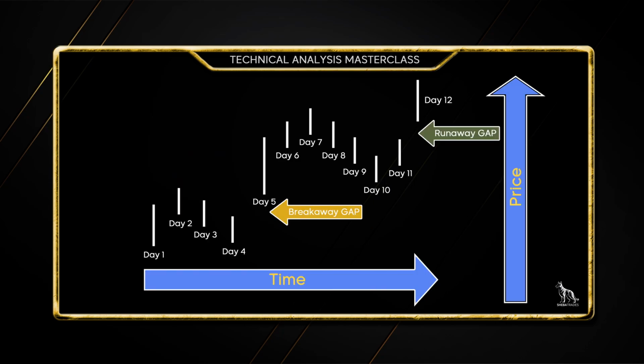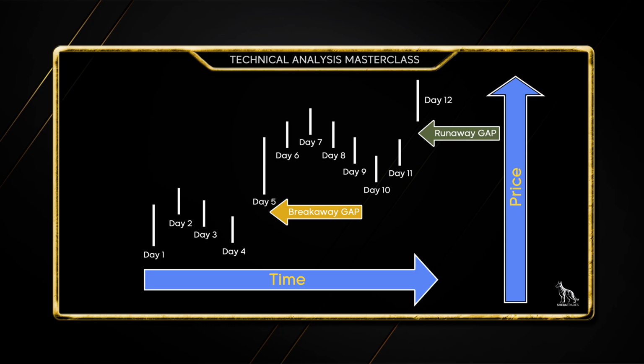So let's take a look at runaway gaps, how to recognize them, and the trading opportunities they offer. If we look at our example here, you can see that over this time period there was a breakaway gap, and then that started a new trend, which happens to be an uptrend. Then there's a little sideways movement that follows, and then we have another gap around days 11 and 12, and that would be considered a runaway gap. And that's a runaway gap because it's continuing a previous trend. It's the second gap that occurred, whereas that first gap was our breakaway gap, the one altering the previous trend and creating that new trend.